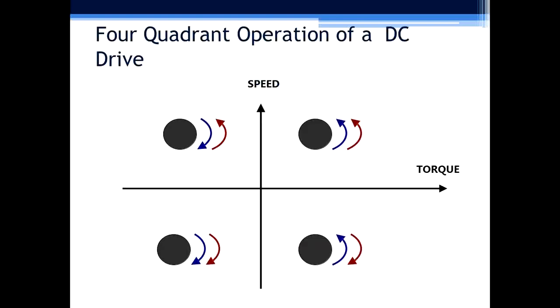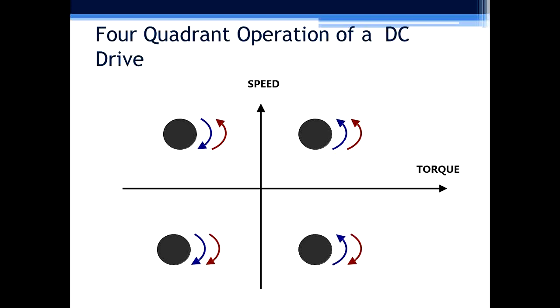It is necessary to understand 4-quadrant operation of a DC drive. To understand 4-quadrant operation, we need to simply understand why motors are used. Motors are used to drive a load with a certain voltage. So we need some power to drive this motor. Here you can see that there are 4 quadrants. If you want to drive the motor in the forward direction, we must have positive power. Positive power in an electric drive is referred to as the product of voltage and current.